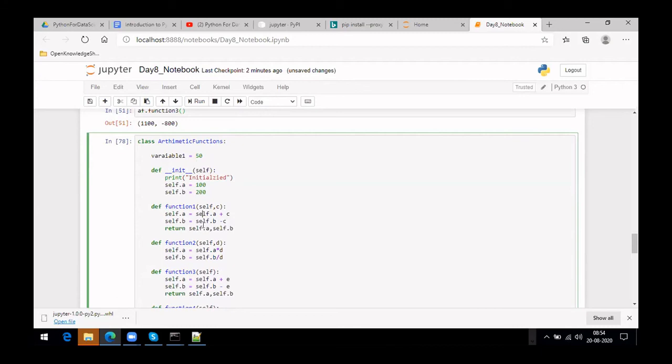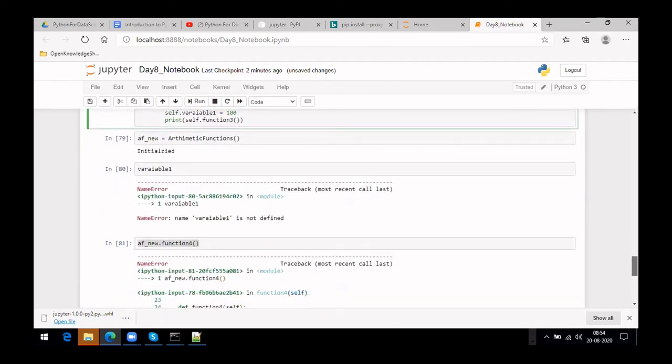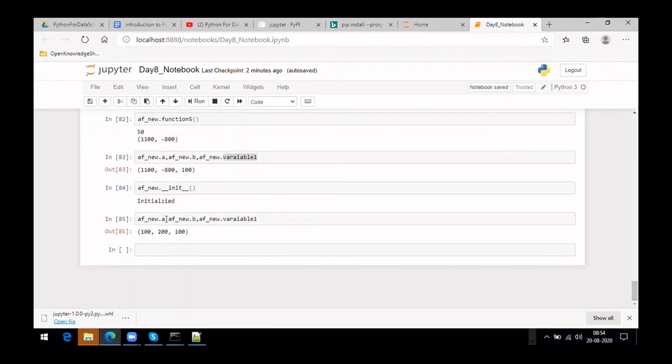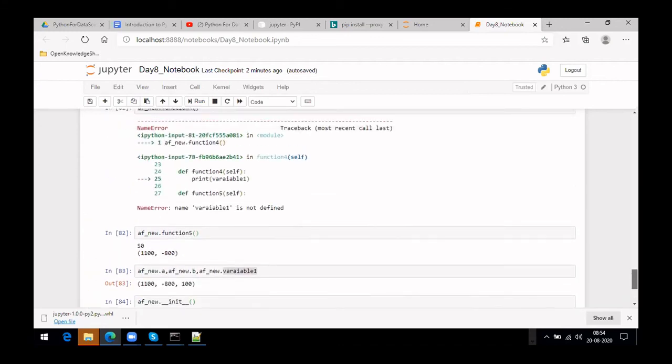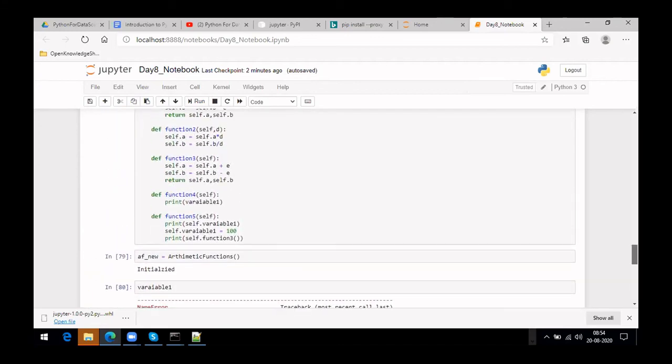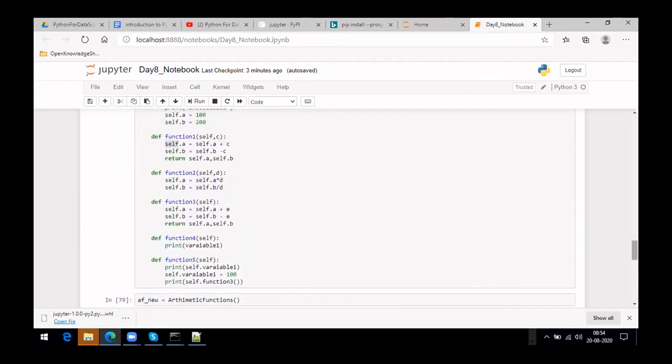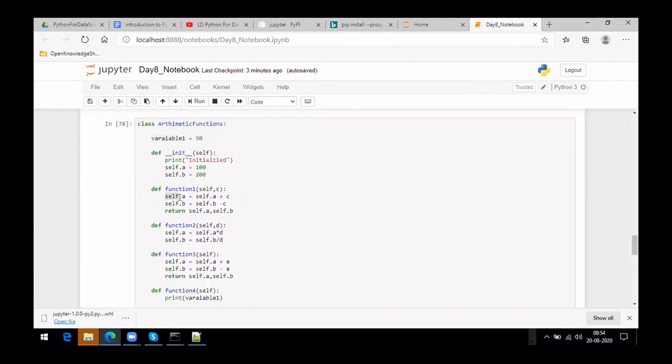Yeah. So in the sense that with this self A and self B, let's say you see here I have defined it here. You treat these as different variables. So whenever self dot A gets changed, that change will be reflected here. So actually it is changing that itself. Whatever is stored in that memory location, that part is getting changed. So once it got changed, it will retain the changed value.